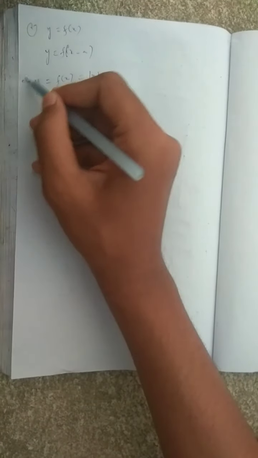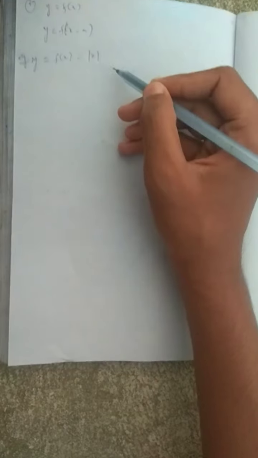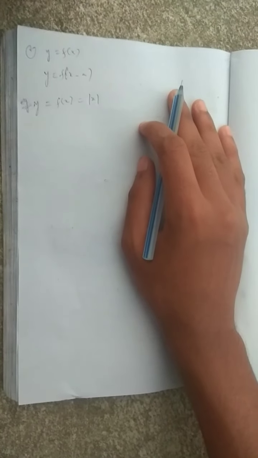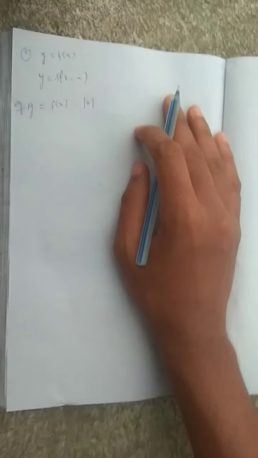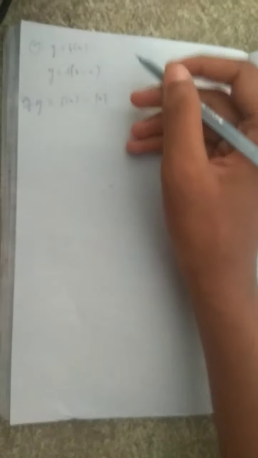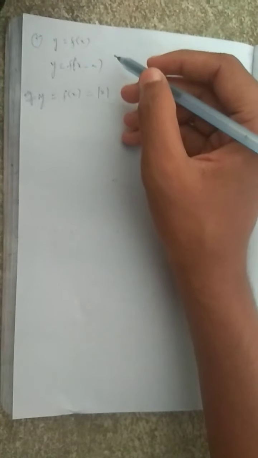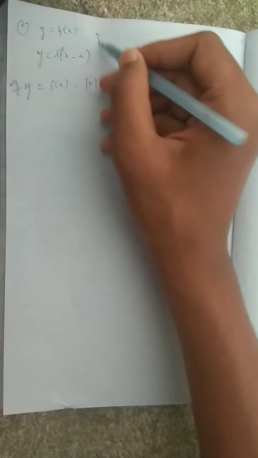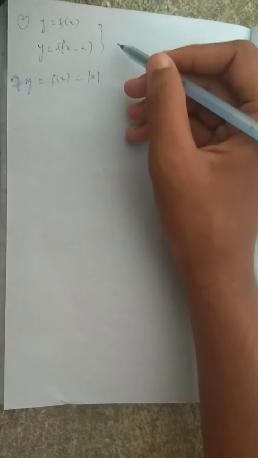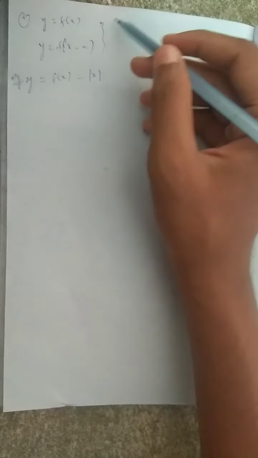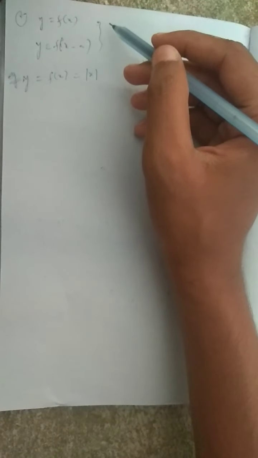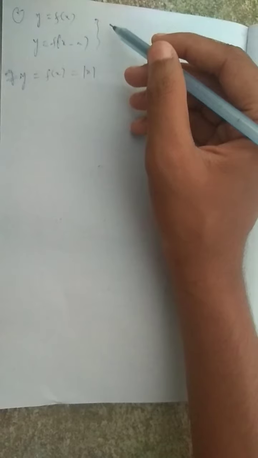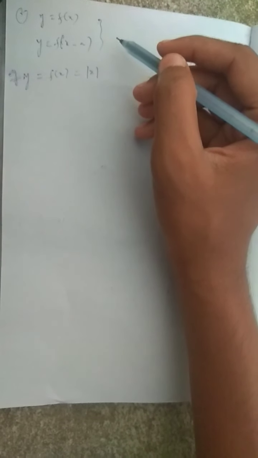We will solve this example, but beforehand let's see the definition, how to transform. When we know y equal to f of x and we want to draw the graph of y equal to f of x minus a by knowing y equal to f of x, then we should